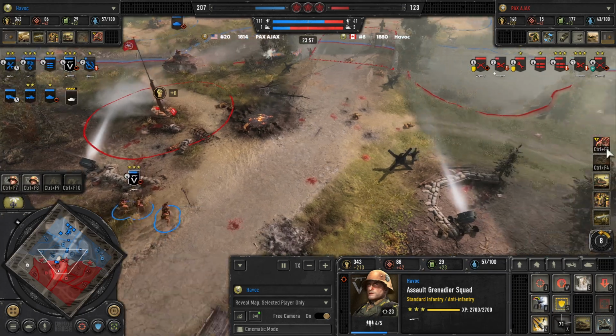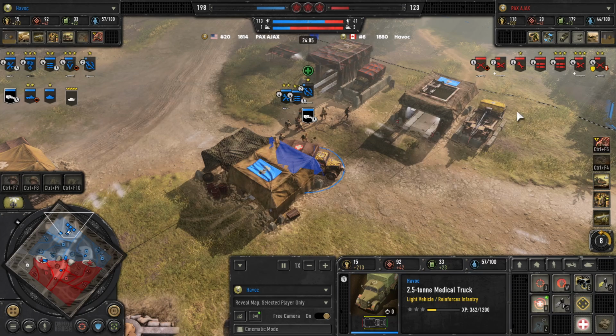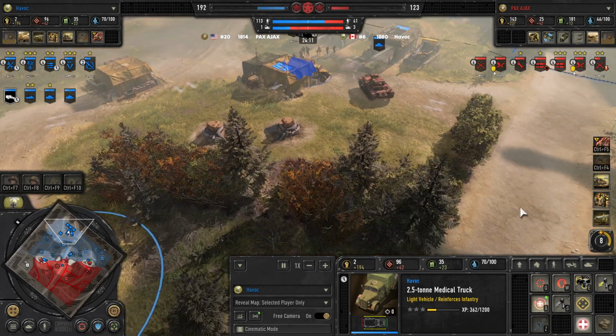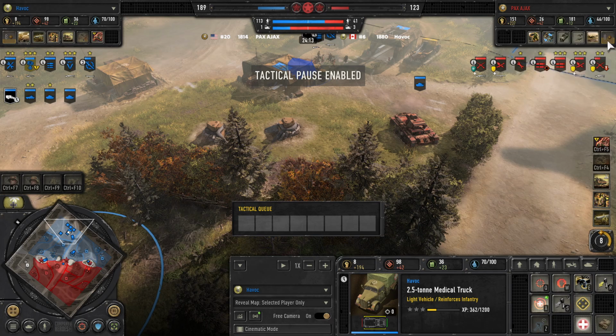P3, assault grenadiers again moving into the cutoff. Going for a second P3 here to continue to build vehicle tempo. I know that PAX has gone for rapid reposition because I saw the way that he was moving his team weapons. Now, I actually think this was a big mistake by PAX. I want to call this out. If he had just beelined his way from...